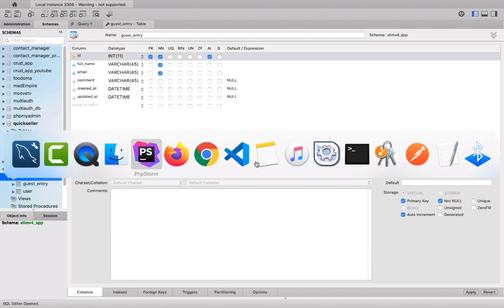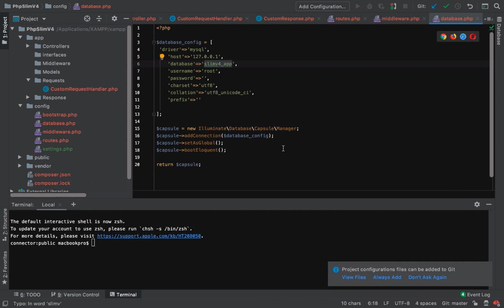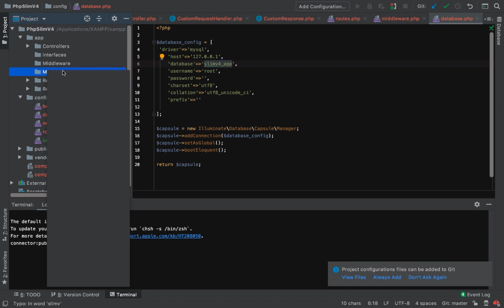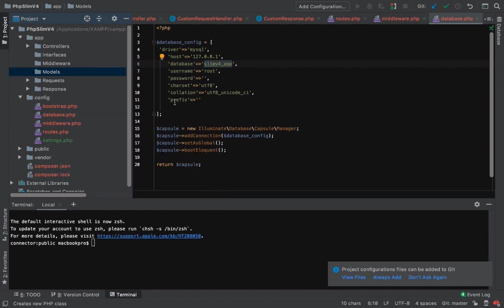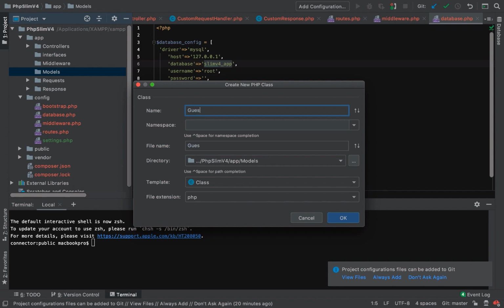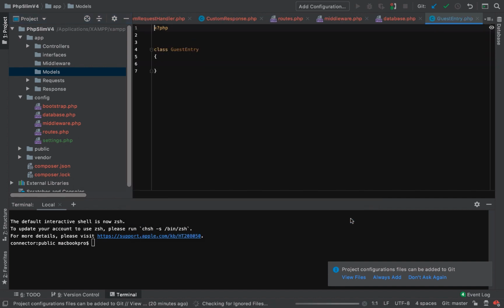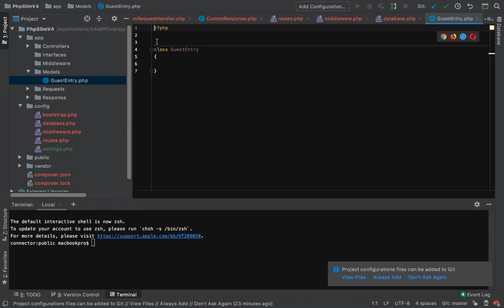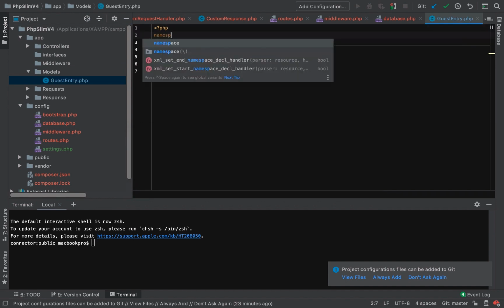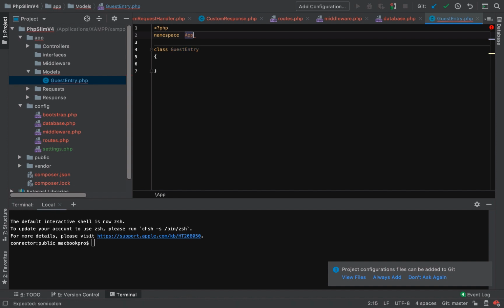We're going to rush back to our code base. And the first thing I want to do is create our models. So I'm going to create two model classes. So PHP class. And the first model class is going to be guest entry. And I'm going to save this right now. And right in here, we are going to namespace this. So our namespace is going to be our